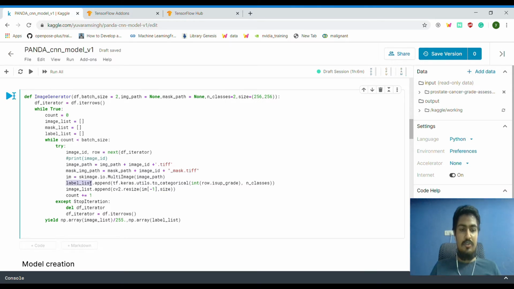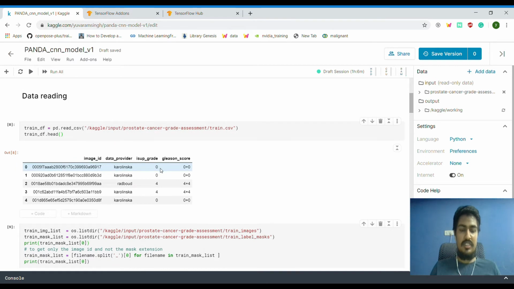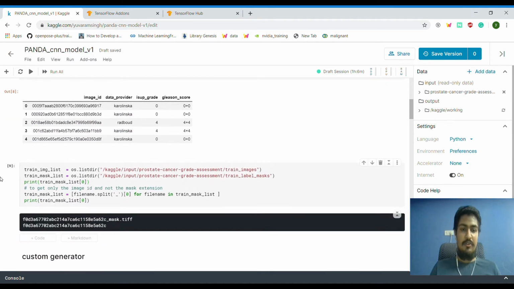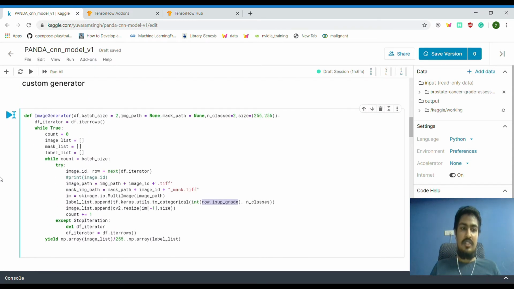The interesting thing is this TF label. What we receive in the row is a grade column, a numerical value: 0, 1, 2, 3, 4, 5. But we need a one-hot encoding because I'm going to have softmax as the activation in my last layer.